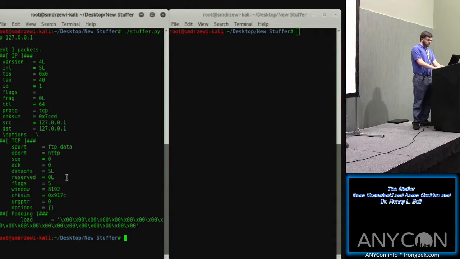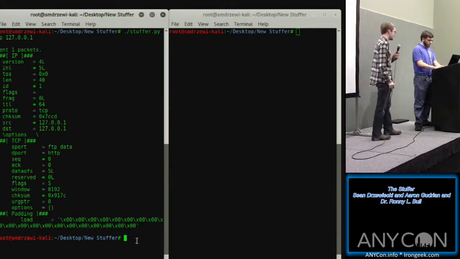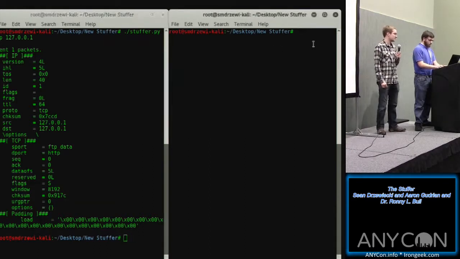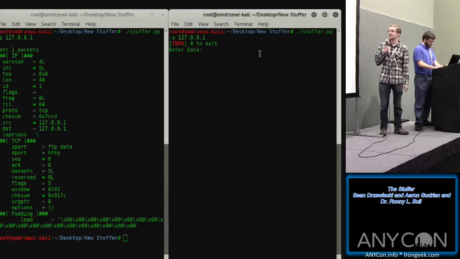And you can see that the padding for the packet is all just zeros over and over and over again until it reaches the default length it should have. This is fairly long because there's no actual information carried in this packet. Normally it'd be much shorter. So now, if we go over to the other side of the screen, we can actually start sending information. Yep. All right, so you can see it's just waiting for you to enter whatever data you want to send